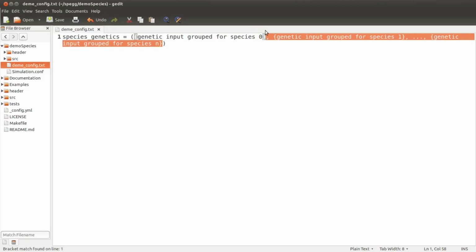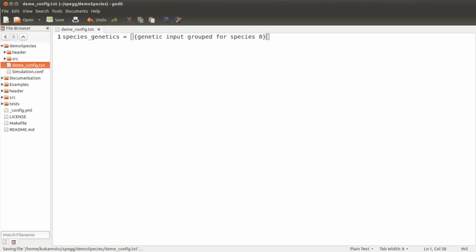Because we are only modeling one species, we only need to have one group of input data, namely that for species 0. For each species genetic input group, we will specify several properties. Let's start with specifying the number of loci we are modeling, which we do by typing our number of loci equals some number. Each locus we model will have further input parameters associated with it, including its mutation rates and the magnitude of the